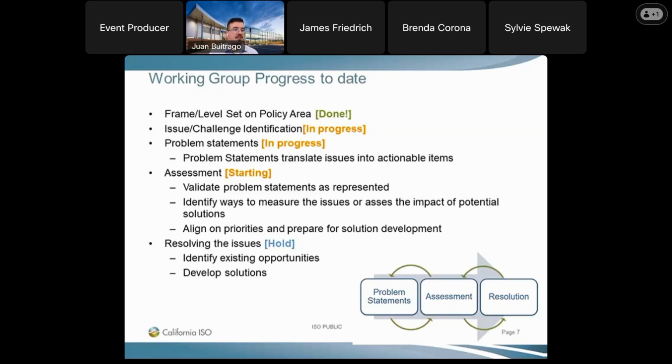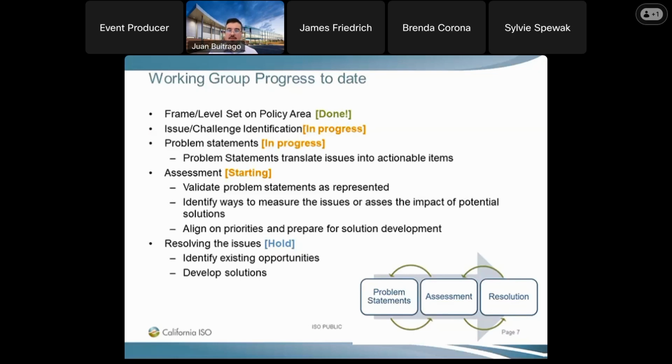So where we are in progress right now, as far as the PFE working group, we're still in that issue and challenge identification, and this is where I am really looking to you as a stakeholder community to please share your thoughts. And I want to go even further and ask that today we don't assume that the ISO understands your position. I would like to ask for you to really engage, really share those thoughts, and allow that to inform the larger discussion amongst the stakeholders we have on this call here. Let that be riffed upon, or questioned, agreed upon,